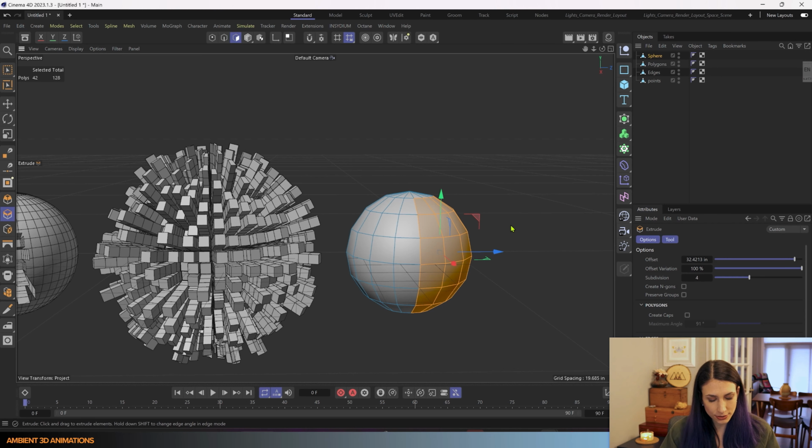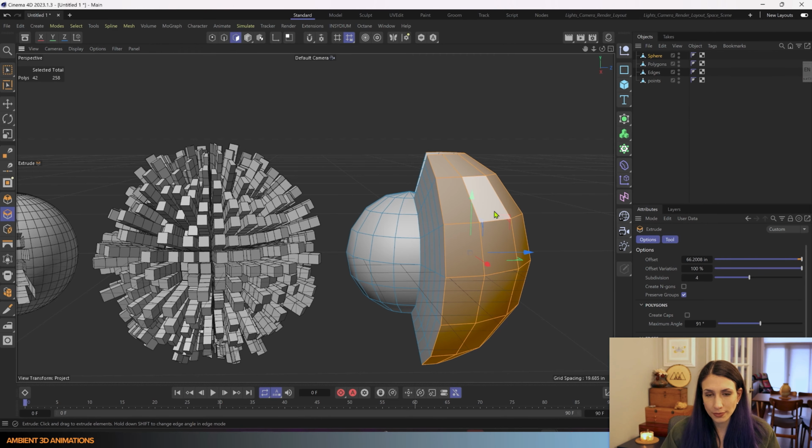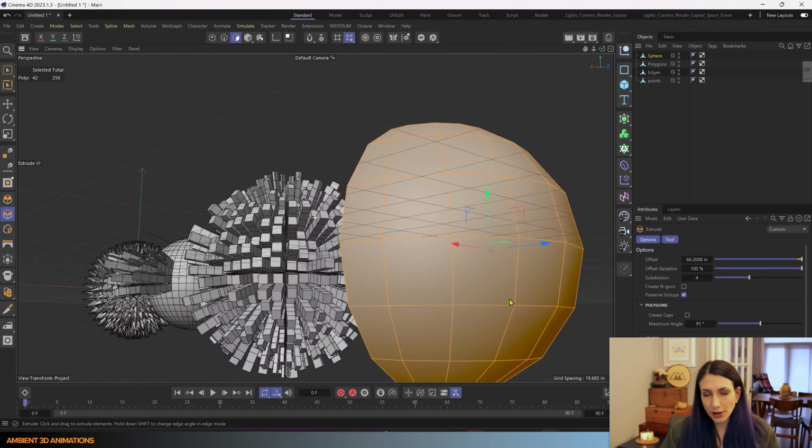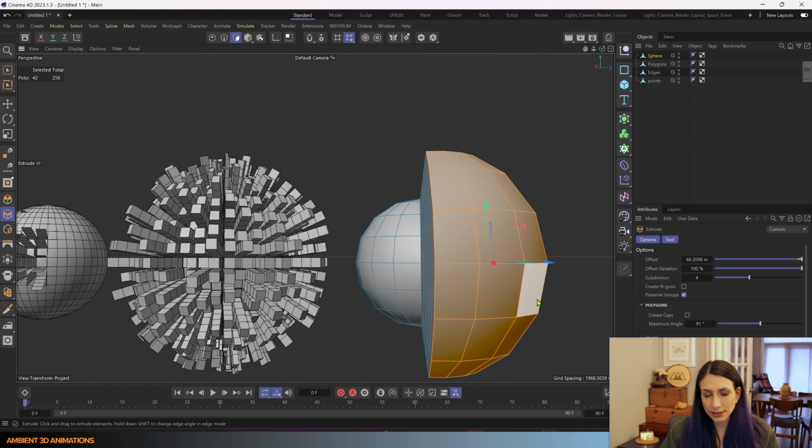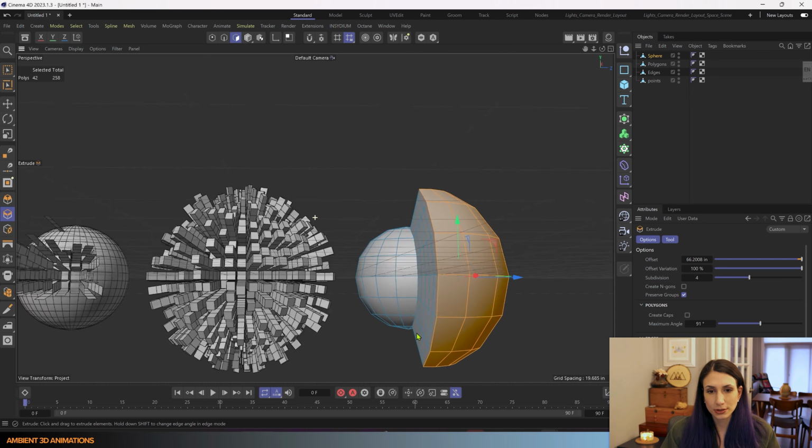I'll select those, go back into our tool, turn on preserve groups, and extrude them. So when you have preserve groups on, instead of just extruding each individual polygon, you extrude them as a group.